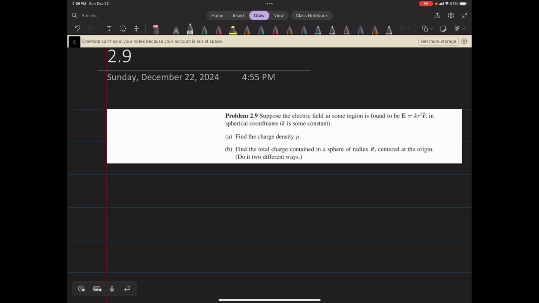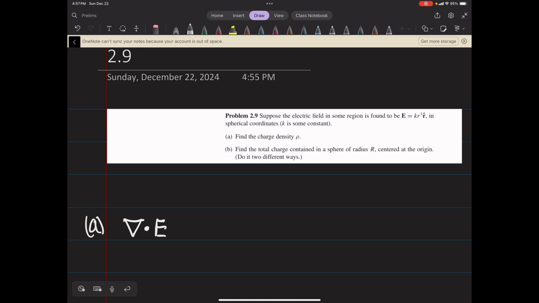Okay, let's go ahead and get into solving 2.9. Suppose the electric field in some region is found to be E equals K R cubed R hat in spherical coordinates. K is some constant. Find the charge density rho. So that's part A, is to find the charge density. And then we need to find the total charge contained in a sphere of radius r centered at the origin in two different ways. But just starting with A,